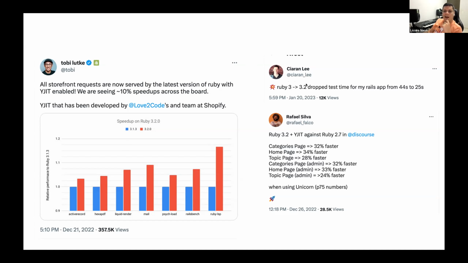We have this other guy telling that after he updated to Ruby 3.2, their test time dropped from 44 seconds to 5 seconds. Also in this course, there is a Rails application too. We have an improvement in the pages of around 32%, 34% with Ruby 3.2 and YJIT.